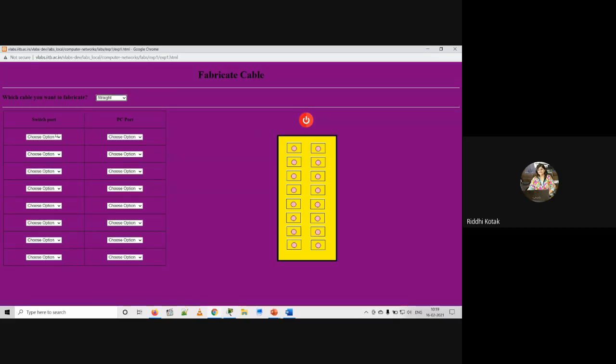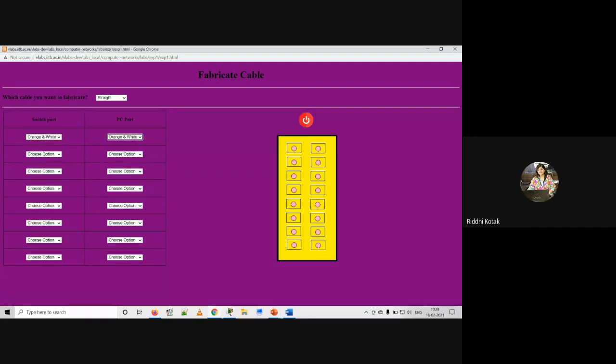Now on the sender and receiver side, both sides, as I told, in a straight through cable the color will remain the same. So the first color is, if anyone has noted it down, orange and white. Yes, correct, orange and white. So select it at both the ends.